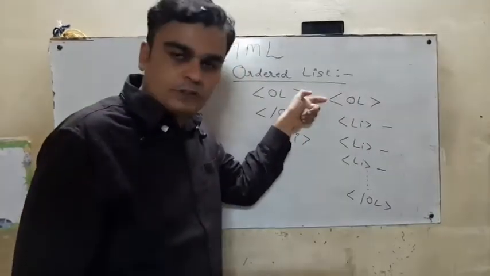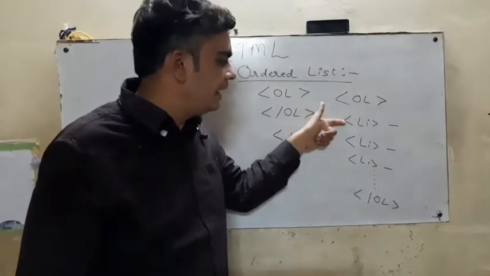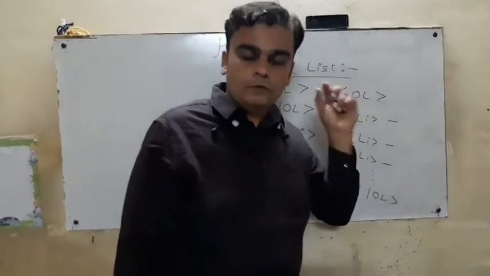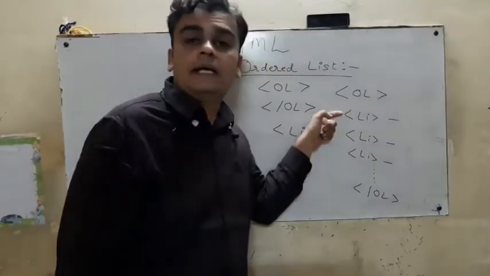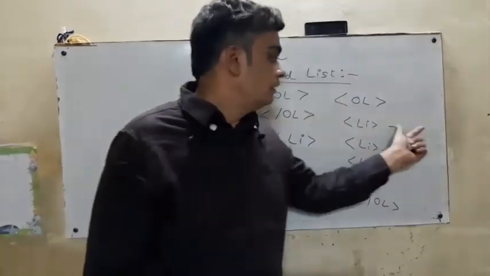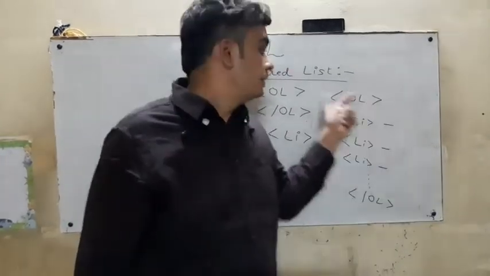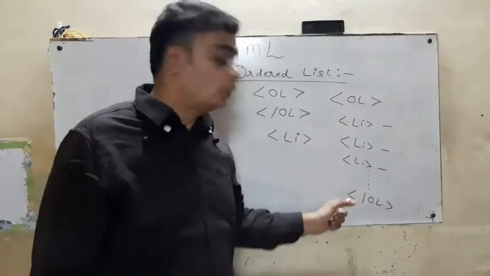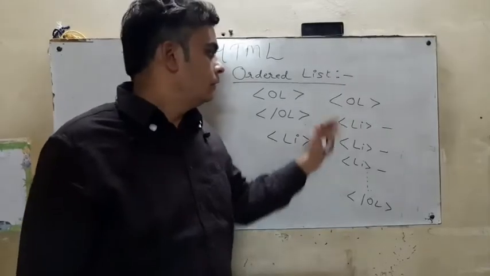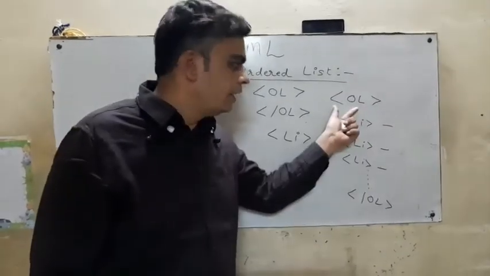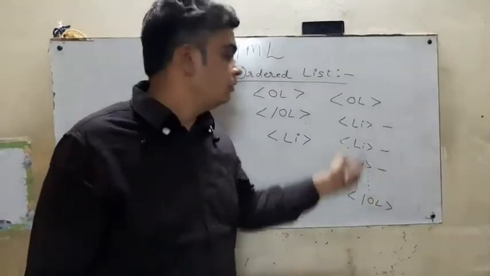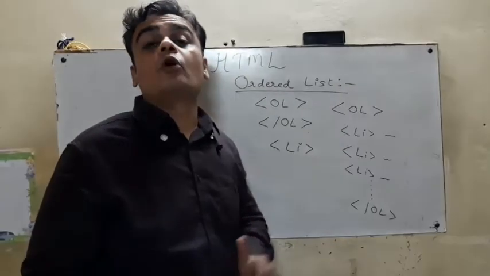So it is represented first by the OL tag, and all the elements are represented by LI, LI, LI. We cannot write all the elements within a single LI. For every separate element, we should always use the LI tag separately. And all these tags are singular tags, so there is no need to write /LI. But the OL tag is a pair tag, so we should close that tag at the end when the list elements are over. We have already studied the syntax of the OL tag. Now we are going to see the attributes of the OL tag.